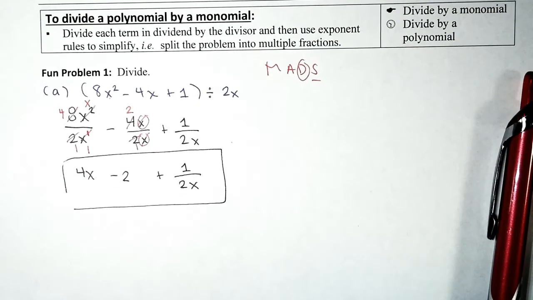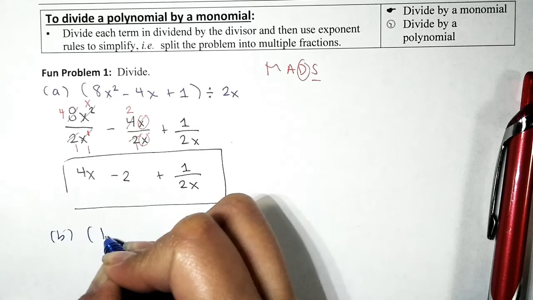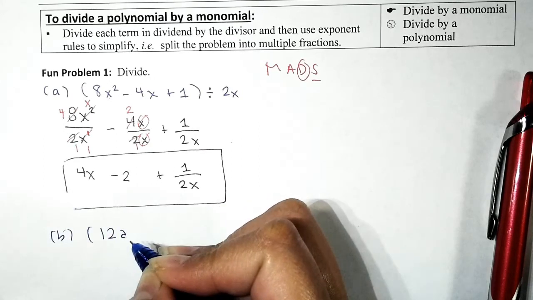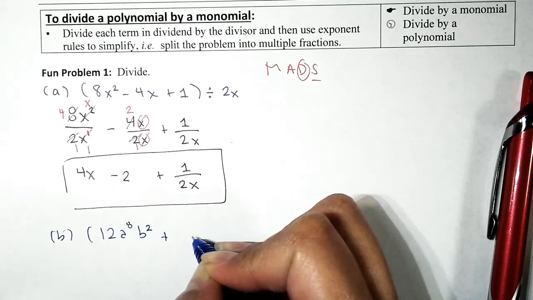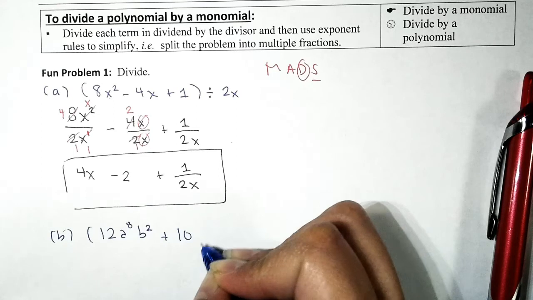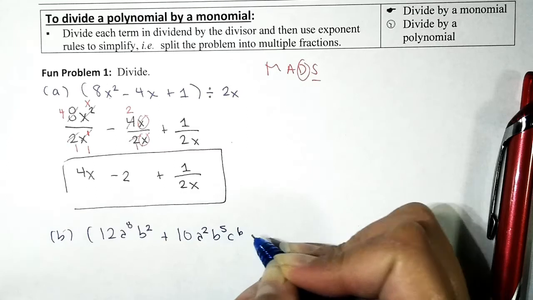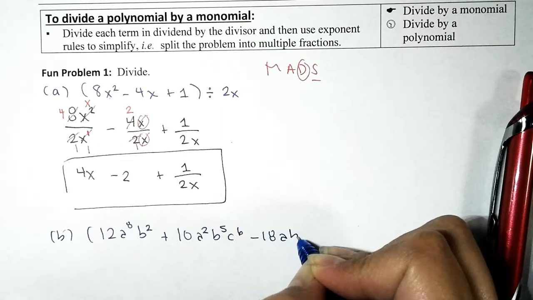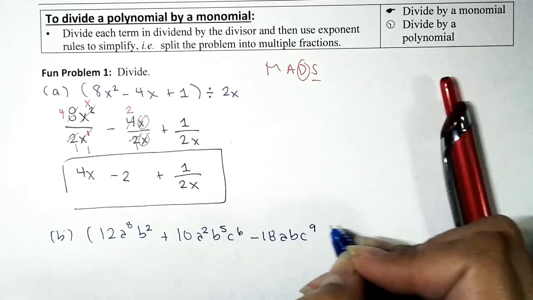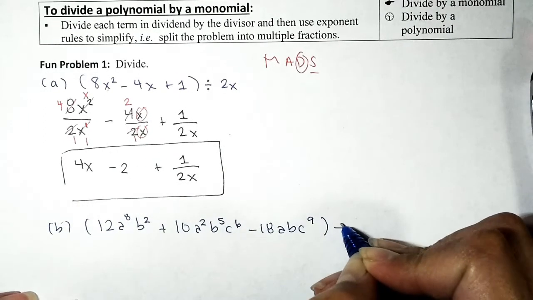Okay, so we're going to do another spicy problem. Okay, problem B. So we have open parenthesis 12 times a, that is raised to the 8th power, b squared, plus 10 a squared b to the 5th c to the 6th, minus 18 a b c to the 9th, close parenthesis, divided by